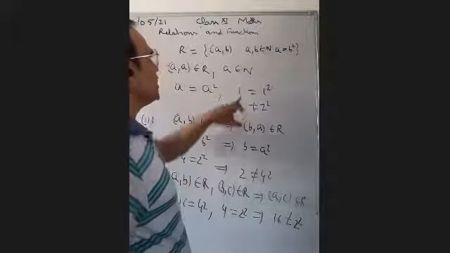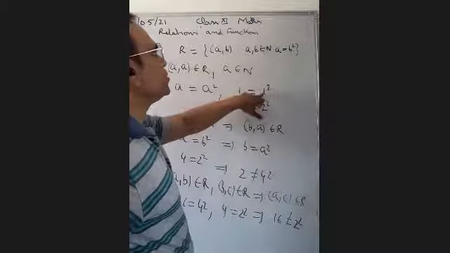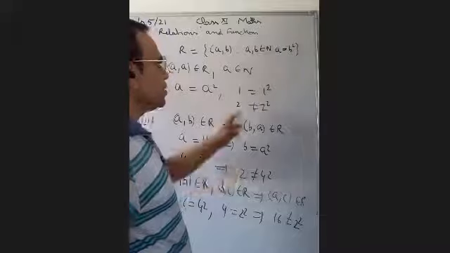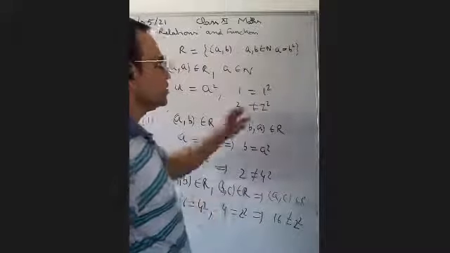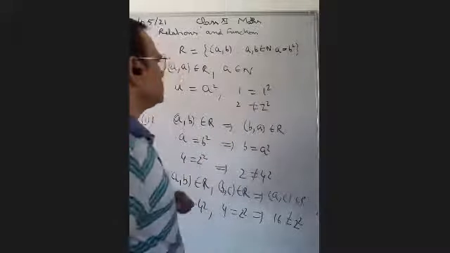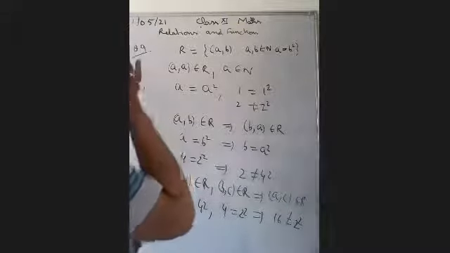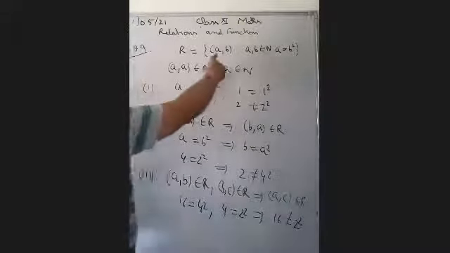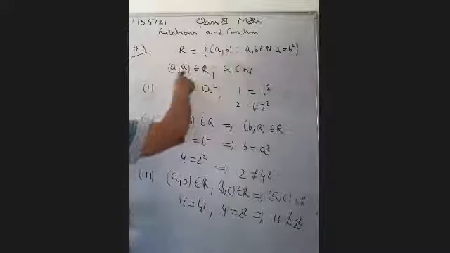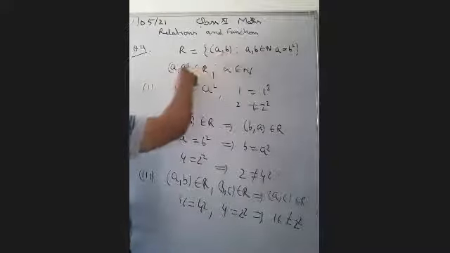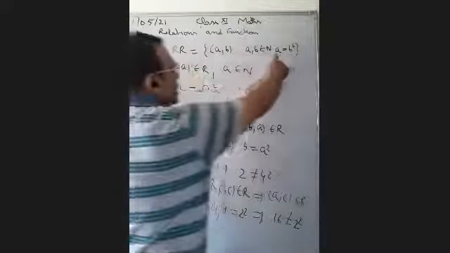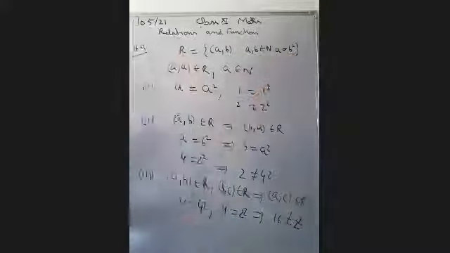If we take -1 also, -1 is not equal to -1 square, 2 is not equal to 2 square, 3 is not equal to 3 square, so it is false. We have to take care of what condition they have given. In place of B, we have to take A. So A equal to A square. Now in the same way we